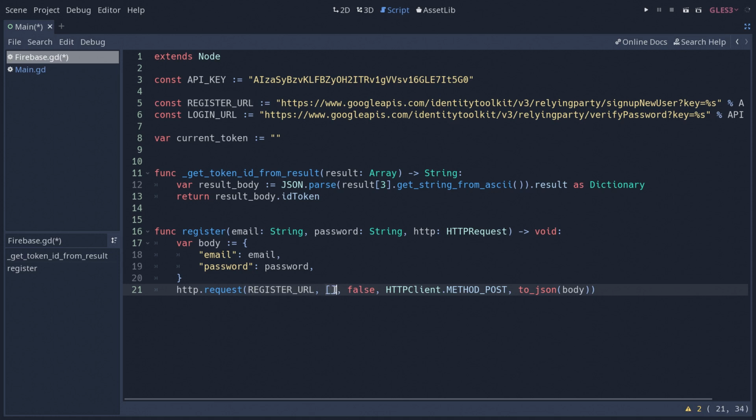The second one are headers. We're not going to use them in this video, so I'm going to explain them in a next video. The third one is if you want to force SSL. In this case, I left it at the default of false, but you can use it as true as well if you want to. We then have a method, and this is a convention that came from the REST API